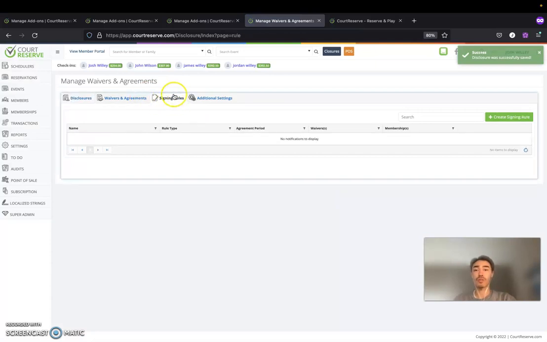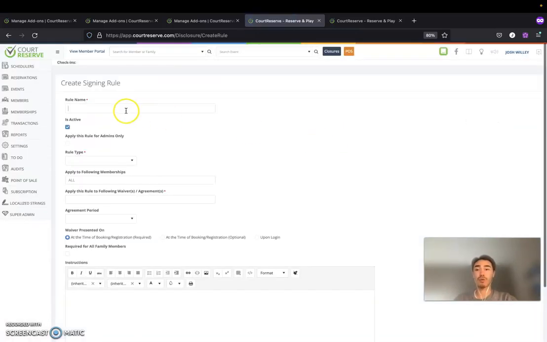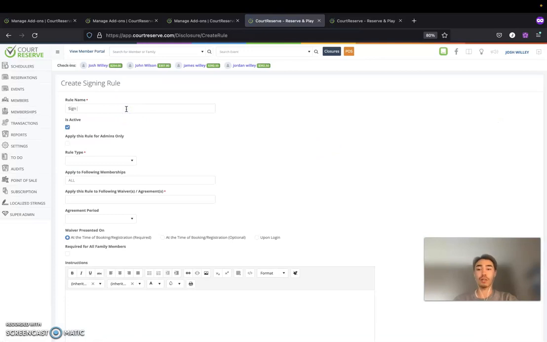Next, we'll want to go over to the Signing Rules tab. So here is where we're going to set up any rules or parameters for this waiver when it is given to the member on the member portal. So if we go over to Create Signing Rule, we'll have to make a signing rule name,